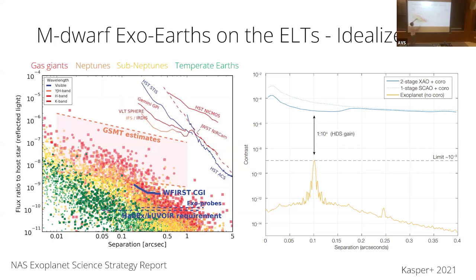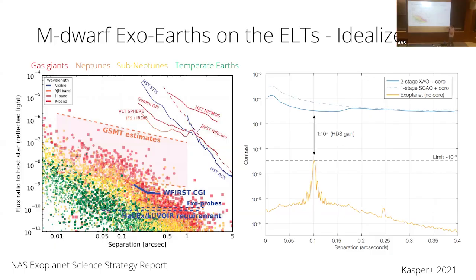And this shaded area here, between these two dashed lines, is the sensitivity estimate of the ELTs. You can see that there are several orders of magnitude of uncertainty. One of the reasons for that is that we don't know how good of an instrument we can build for the ELTs. All the ELTs are trying to image Earth-like planets using a technique similar to what